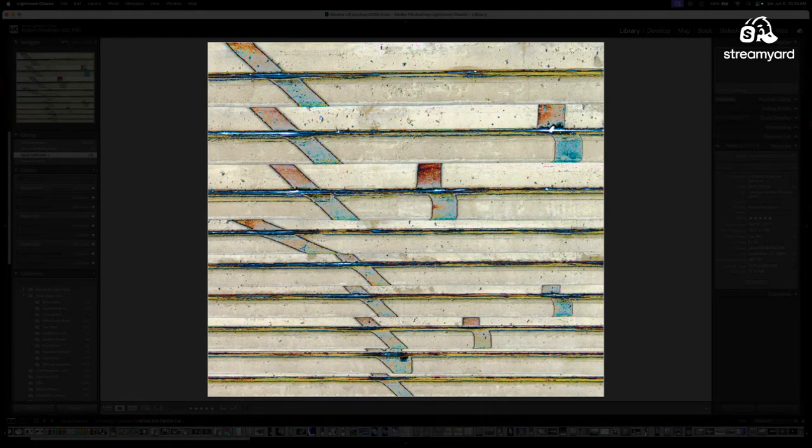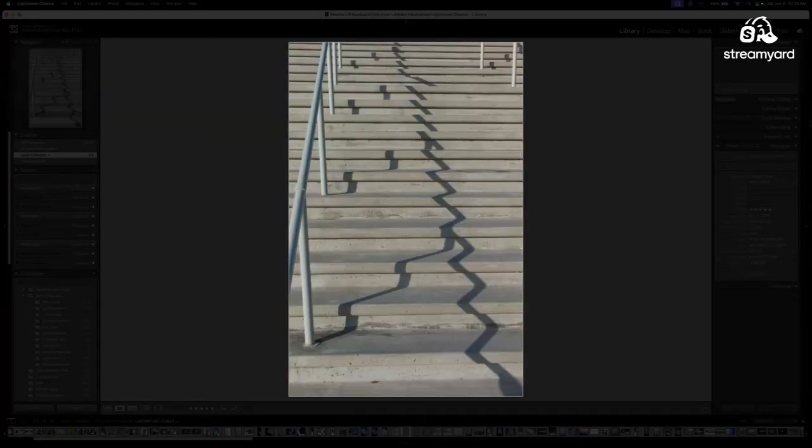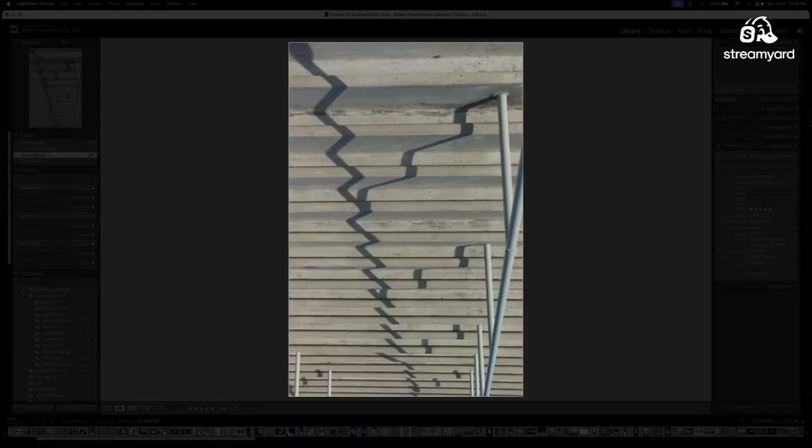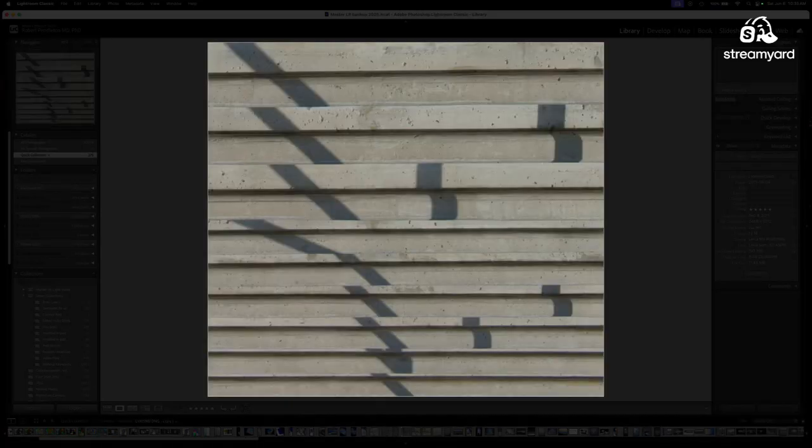This is an image that's been colorized, and this was the original image. These are a picture of a shadow on steps at the, in Balboa Park. I'm sorry, at the San Diego Convention Center. I was taking some pictures of that. I got home. I thought I kind of like the way it looks better upside down. And I said, really, it looks more interesting up here. So then I cropped it to look like that.